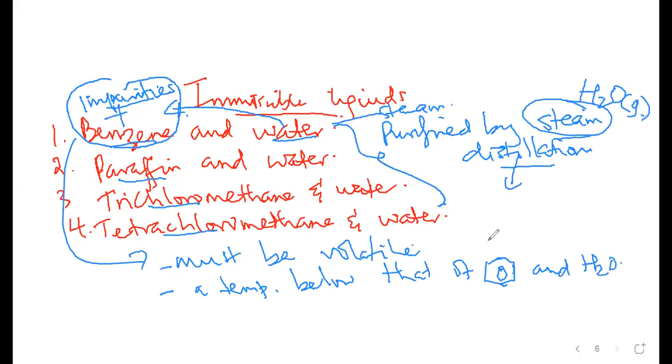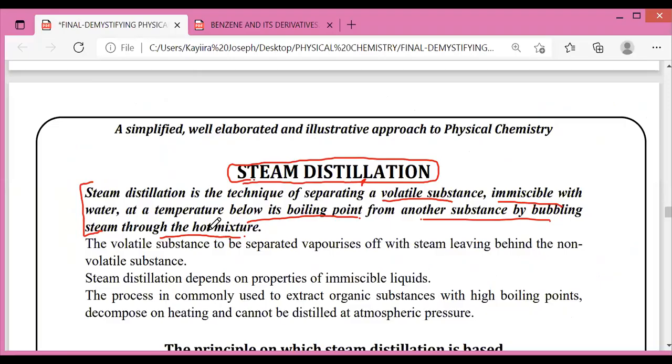Remember, we have just said that benzene boils at 80, water boils at 100. And the mixture, when steam distilled, will boil at a temperature lower than the boiling point of either of the two liquids. So that brings to us the definition of steam distillation, which we are saying that it is the,